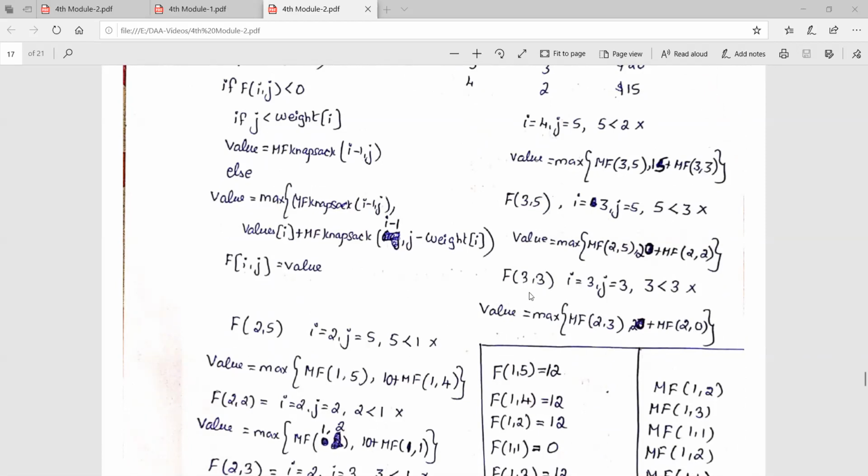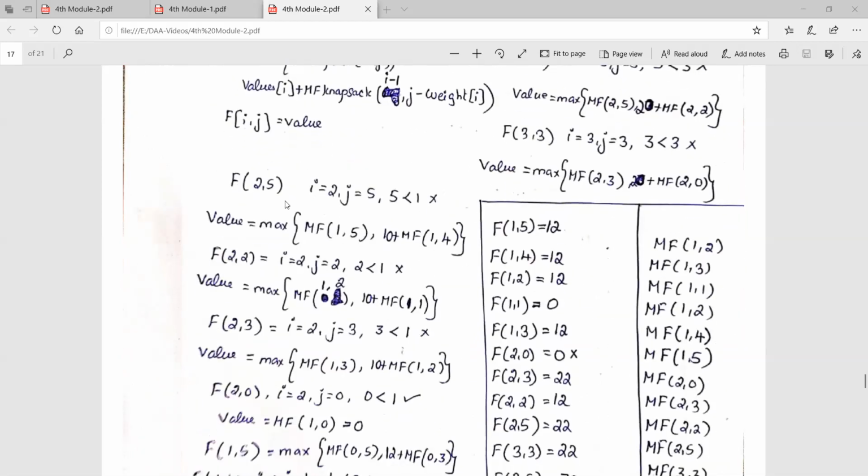So now 3 comma 3 we are completed. So for this 3 comma 5 we are completed, and then 3 comma 3 we are completed. So in that 3 comma 5 we are having 2 comma 5 and then 2 comma 2. Okay. So if you take the 2 comma 5, again i is equal to 2, j is equal to 5. The j value will be less than weight of the second object. Now you take i minus 1 comma j and then profit of the second object plus mf of 1 comma 4, that is i minus 1 comma j minus wi. j will be 5, w will be 1. So 5 minus 1 it will be 4. But still we won't get the value for this.